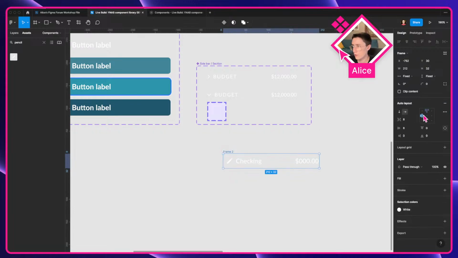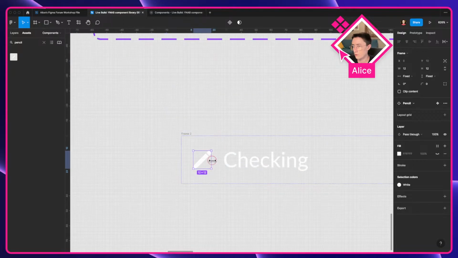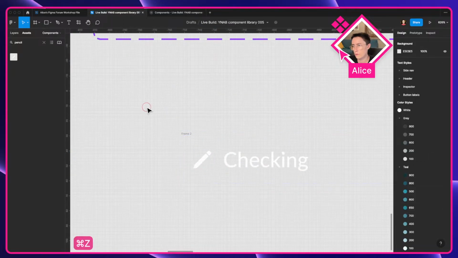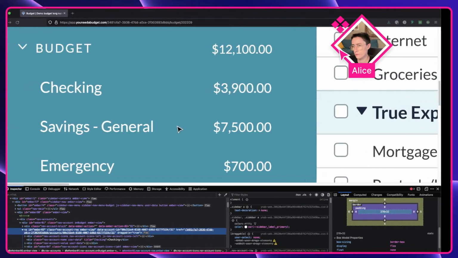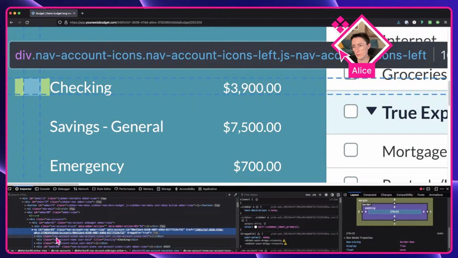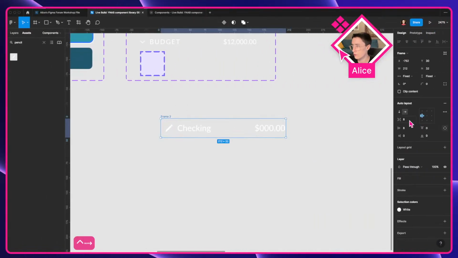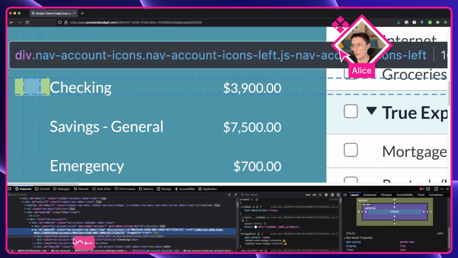And we've got 8 there. That's 5. Suppose we could just change the space between to 5. And then what about